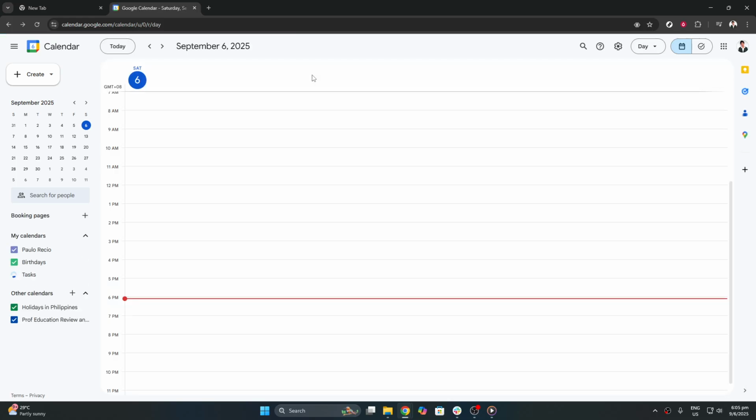If you prefer using keyboard shortcuts, you can refresh your Google Calendar by pressing the F5 key. This shortcut works across most web browsers and is a quick and efficient way to refresh your page without having to reach for your mouse or trackpad. It's a nifty little trick that can save you time, especially if you're in a hurry or need to update